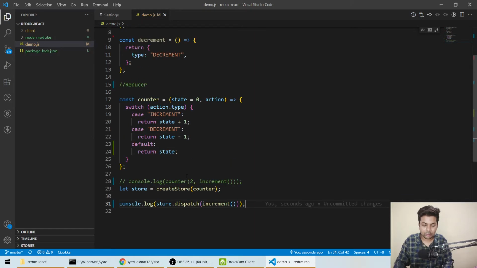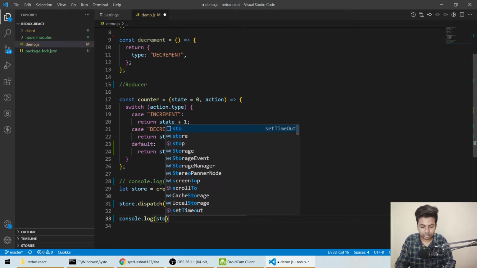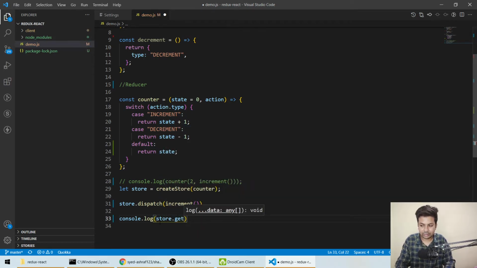So for getting the data we have to call get state, like it's telling us okay, you have called the increment. So for getting the data, let me remove console here, because here we'll just call the function, the action what we want to do. For getting the data we'll do console.log, and here we'll do store.getState.